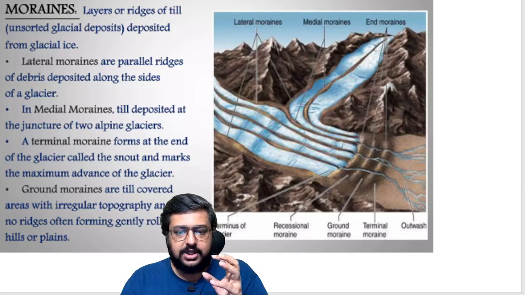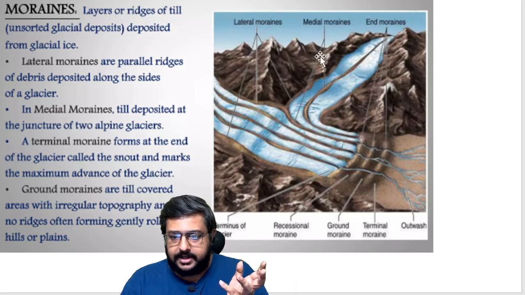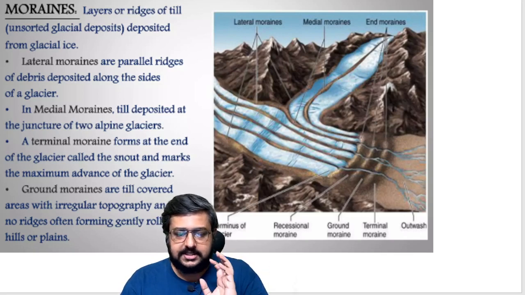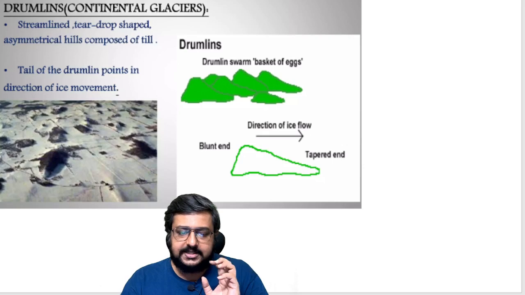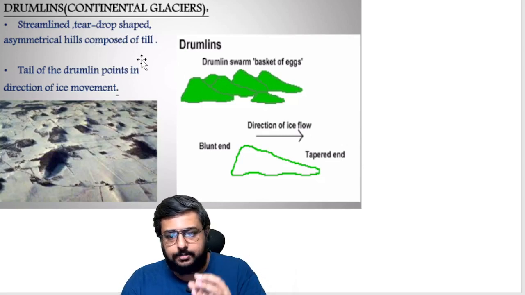So if you keep these pictures in mind and revise from a standard textbook, this is the same thing in picture format. If you see here clearly, what is end moraine? End is terminal, end moraine, medial moraine, lateral moraine. These are the basic things you have to study from an exam point of view. And drumlin is also one topic, which is again the mud, as I told, instead of a peak it will be a kind of slope, sand dunes kind of thing. A teardrop shaped asymmetrical hill composed of glacial till only, the debris and mud only, but they have given it a different name.